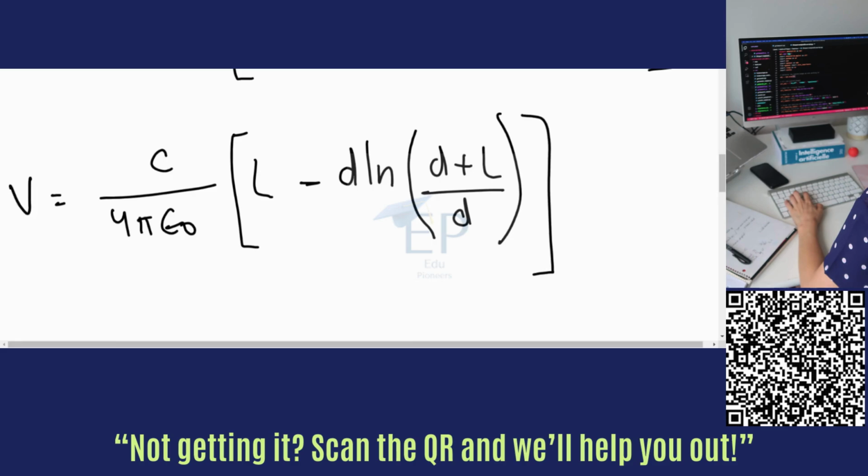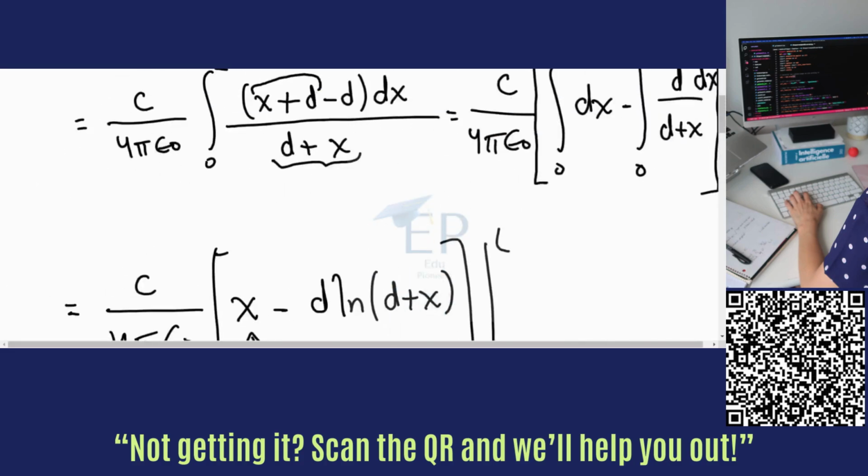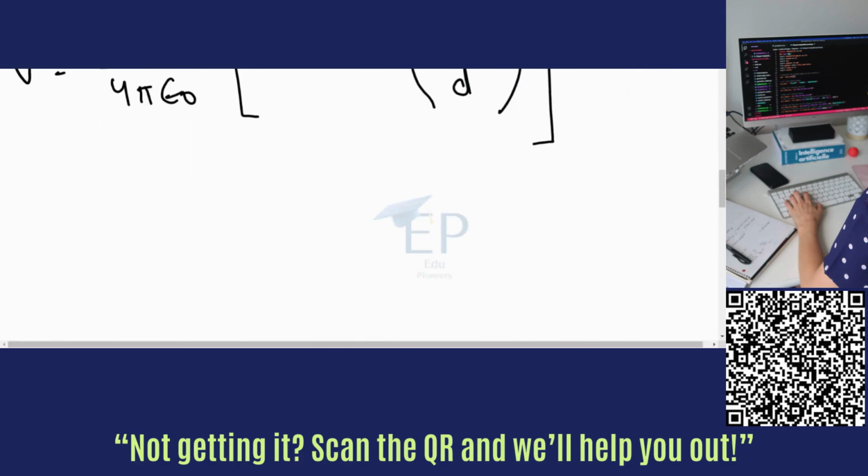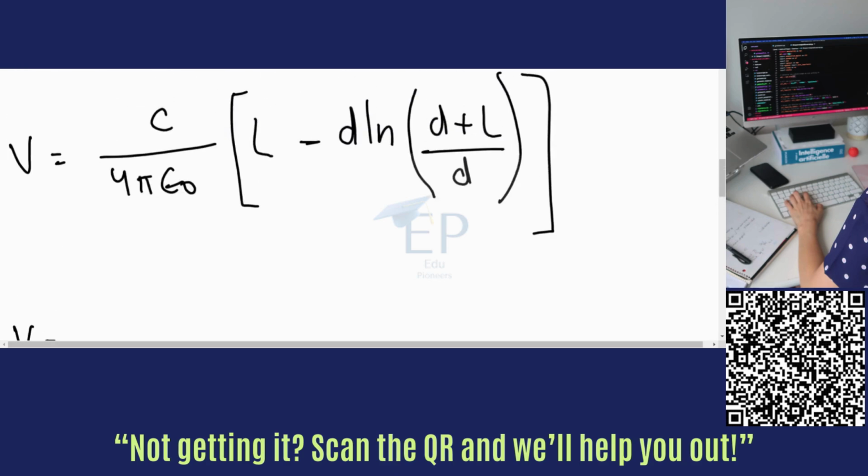So we have all of this information. We have the value of the constant C, the length of the rod, which is L. We also have the distance to the point where we want to measure the electric potential, which is D. So we just need to simply substitute all of these values. So it will be this in here